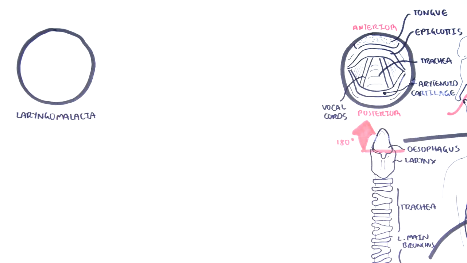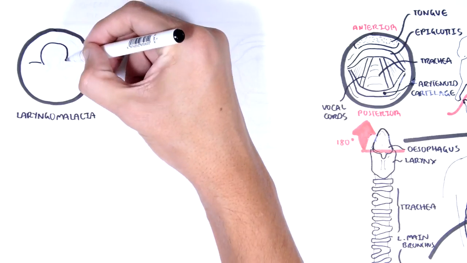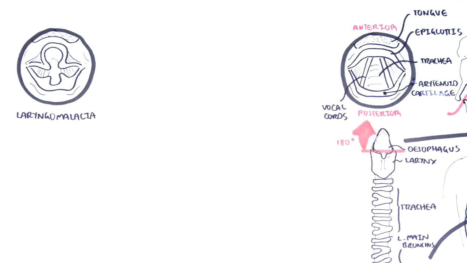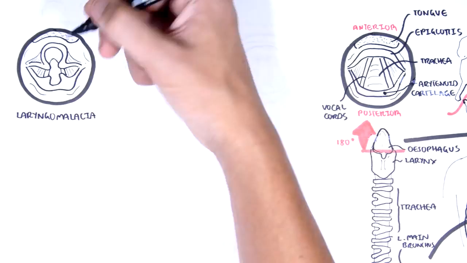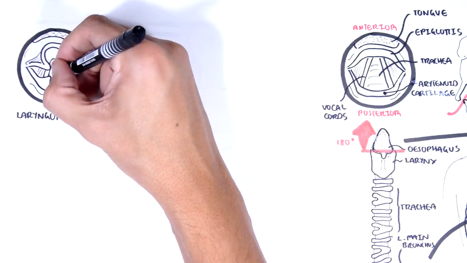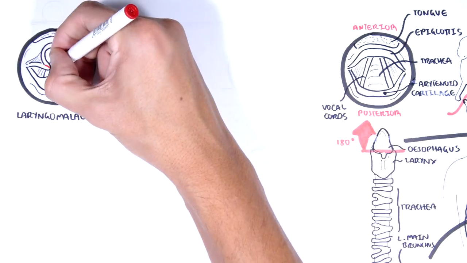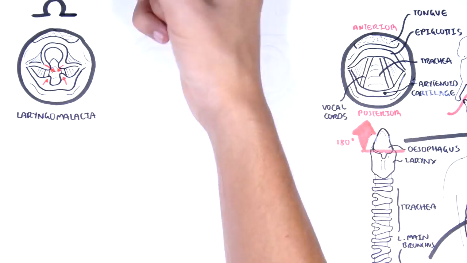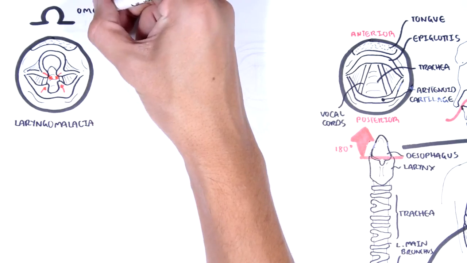Laryngomalacia is the most common cause of chronic stridor in children younger than 2 years and occurs more commonly in males. It is a congenital cause of stridor and is due to intrinsic deficits in the maturation of the laryngeal structures. The airway is partially obstructed during inspiration by the prolapse of the flaccid structures here. The inspiratory stridor is usually worse when the child is in a supine position, so lying down, when crying or agitated. When looking at the larynx here, in laryngomalacia, there is a characteristic omega sign of the epiglottis,